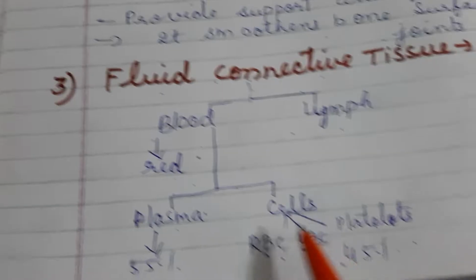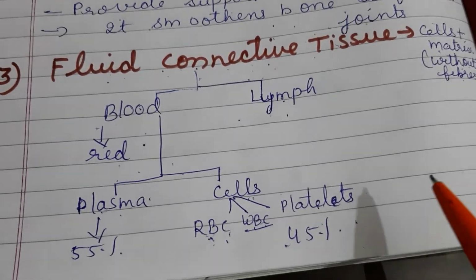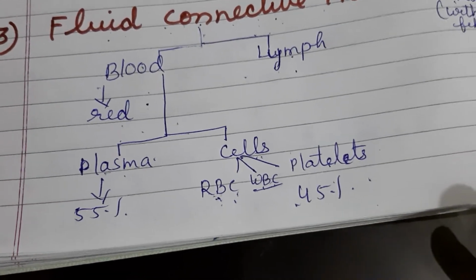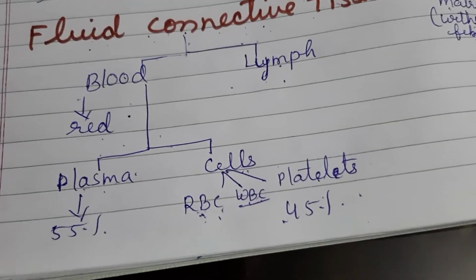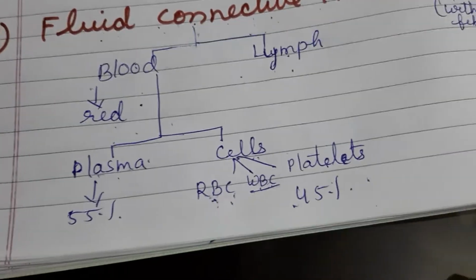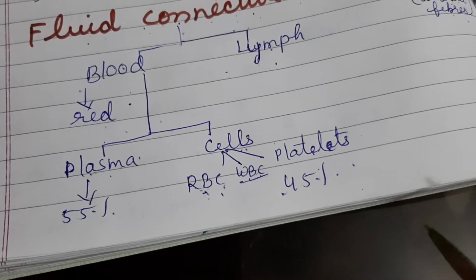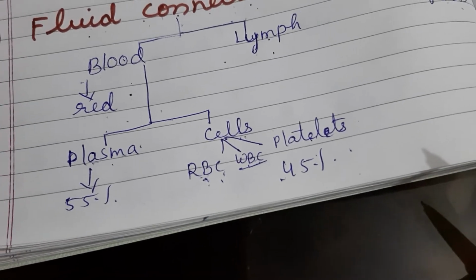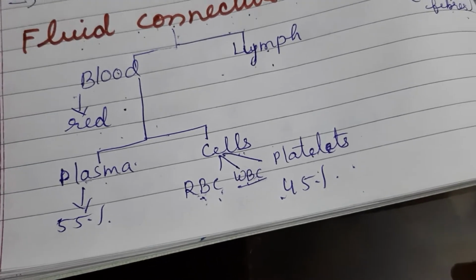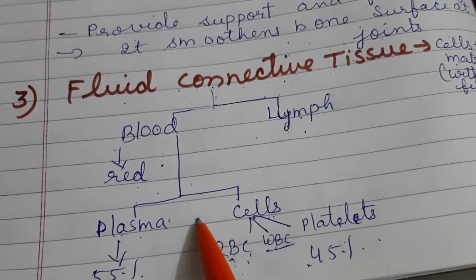Now what are the different functions of the blood? We all know blood helps in transportation of food. It transports oxygen and carbon dioxide. It transports different excretory products to the kidney, from where they get eliminated. So this work is done by the blood. Blood also regulates our body temperature. You all know that we have a constant body temperature. So that constant body temperature is maintained by the blood. Then blood also protects the body from disease, and blood helps in the clotting. So that's all about the functions of the blood, and this is the composition of the blood.